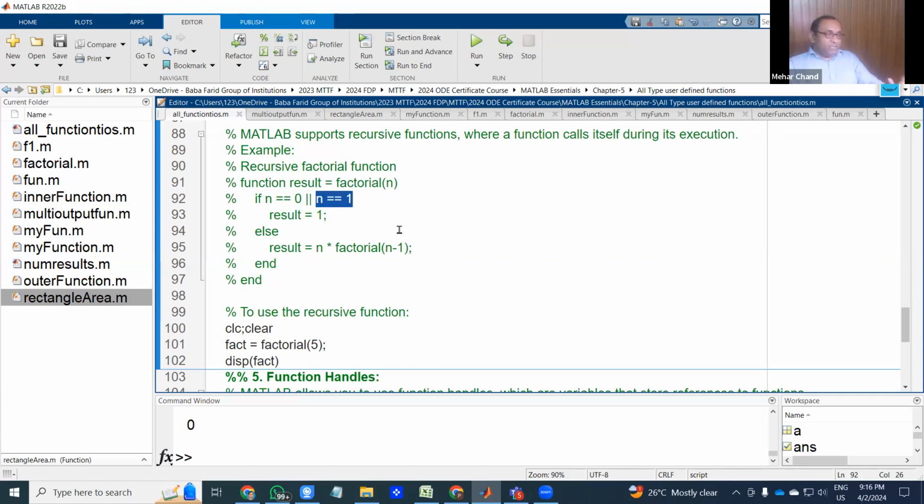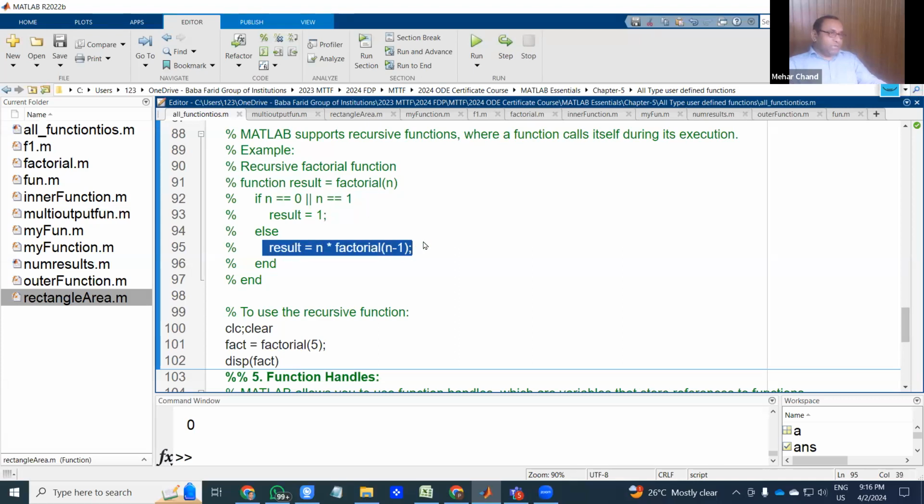When you enter 0 or 1, not together, we have only one input at a time. If this statement is true or this statement is true, then the value must be equal to 1. And in the other cases, except these two values, whether it is 2 or 3 or 4, then this